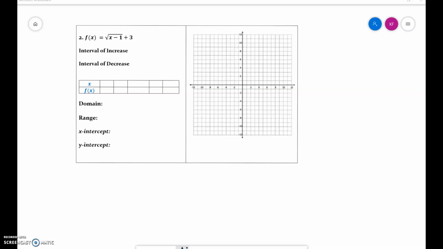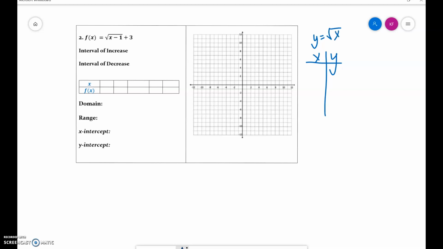Hey class, I wanted to help get you started with the graphing radical functions Dropbox assignment. I've selected number 2 from your document to work through together. So as you can see, our function is the square root of x minus 1 in the radical plus 3 outside of the radical. Remember that we are working off of a parent graph of y equals the square root